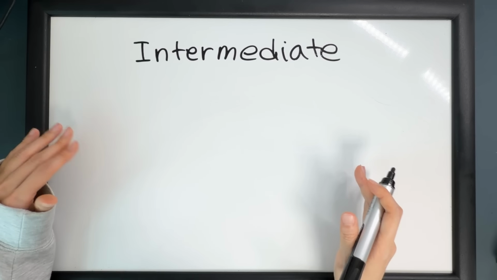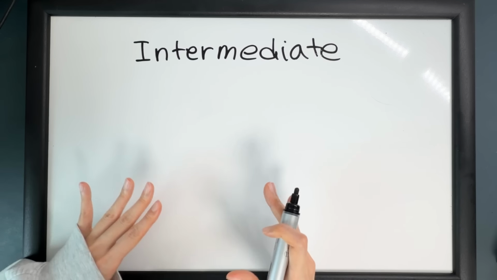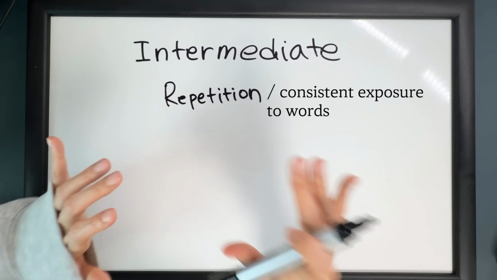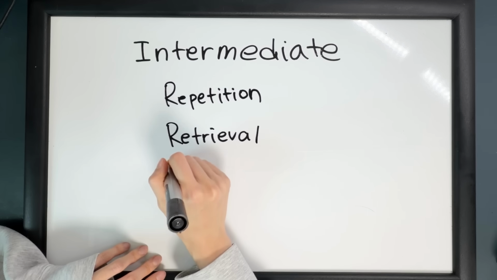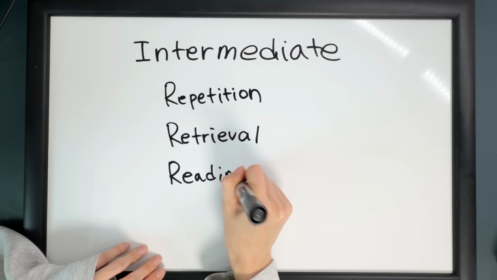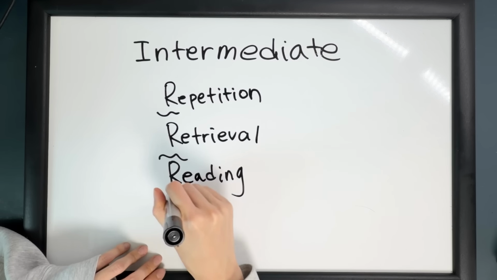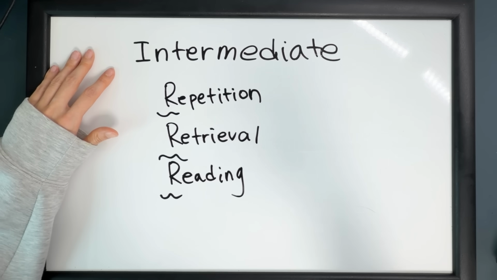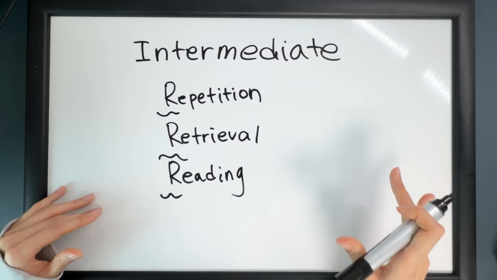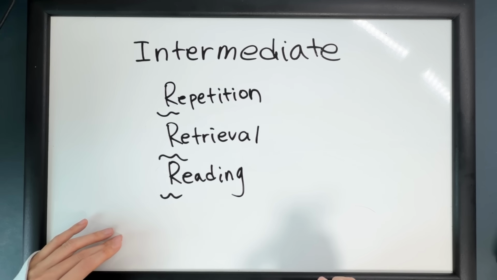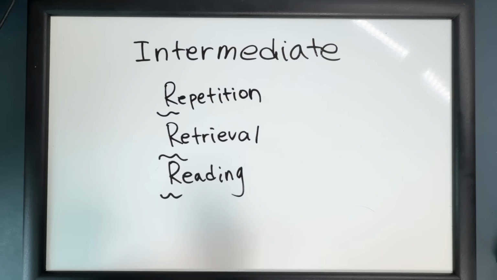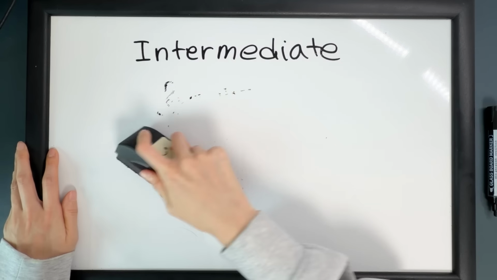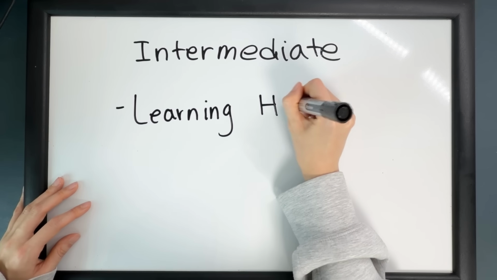So everything I talked about for absolute beginners and beginners also applies to intermediate learners. So repetition, consistent exposure to words and retrieval, and also the importance of reading. So they are what I call 3 R's. But of course, from the intermediate level on, you will be dealing with more upper level vocabulary and a much larger volume of words. And because of that, retaining vocabulary can feel more challenging and it takes more time. So there's actually one new thing that I do recommend you start at this level, and that is learning Hanja,